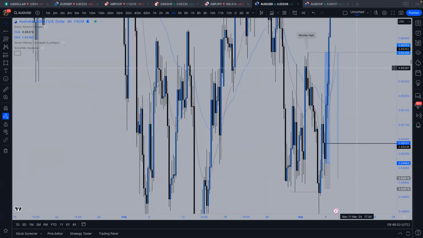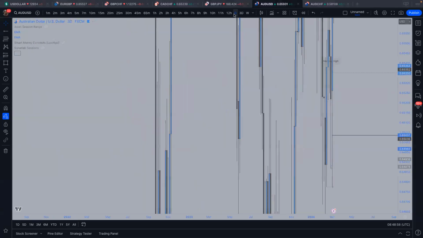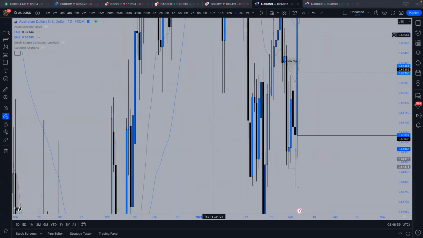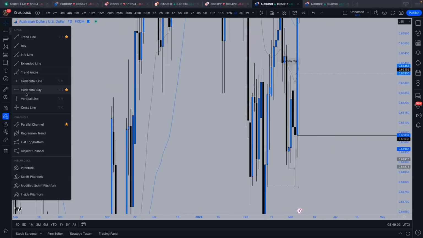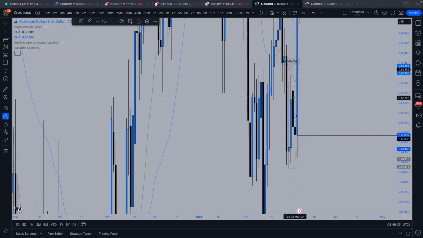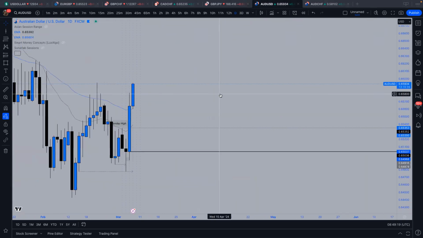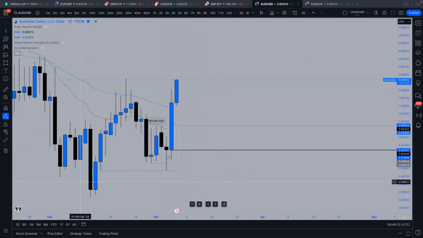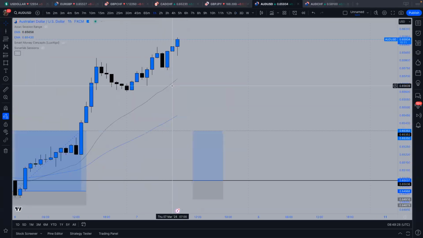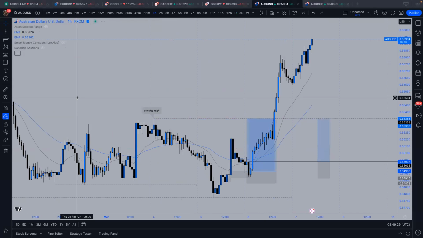Let's go back. So at the beginning of the week, let's just go daily. So we have Monday, Tuesday, Wednesday, Thursday. Why is this not doing it? Friday, Monday. Cool. So daily, we came all the way down, and even though it looks like equal lows, we literally did just snap that low. So a couple really nice opportunities right at the beginning of the week.